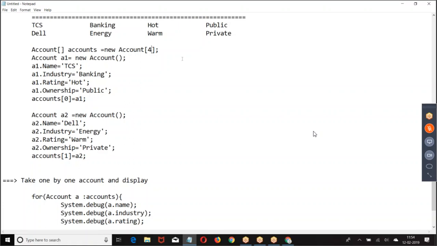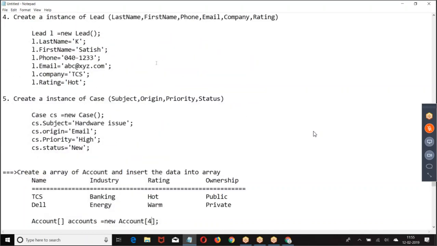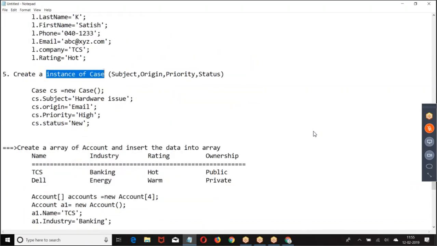In the database, you call it a table, but in the programming, we call it an SObject. And SObjects are referred to using what? Classes. For every SObject, we have a class. With the help of the class, we are doing it. So it is not a record. Don't consider it as a record now. It is an object of the class. So terminology should be very clear. That is the reason I am every time saying create an instance of a case. Why am I not saying create a record for a case?